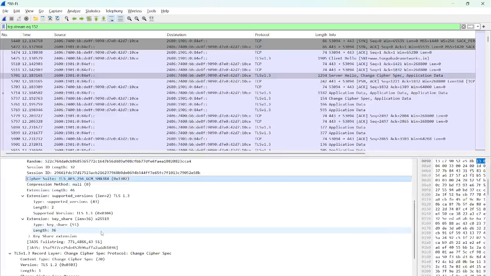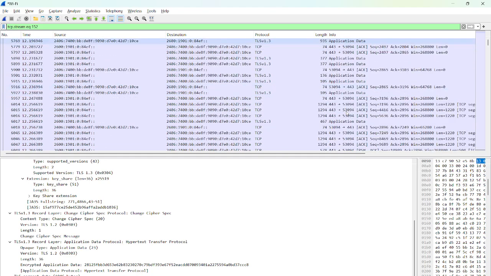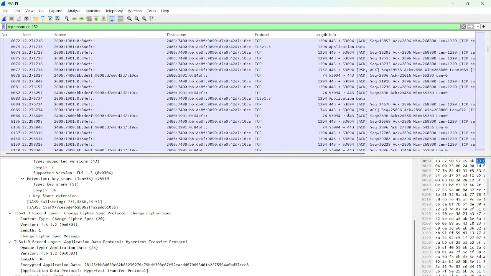Apart from that, the server is going to send a public key, which comes along with the certificate. That's what I am checking here. It has server hello, change cipher spec and application data, but we are not seeing a certificate here.